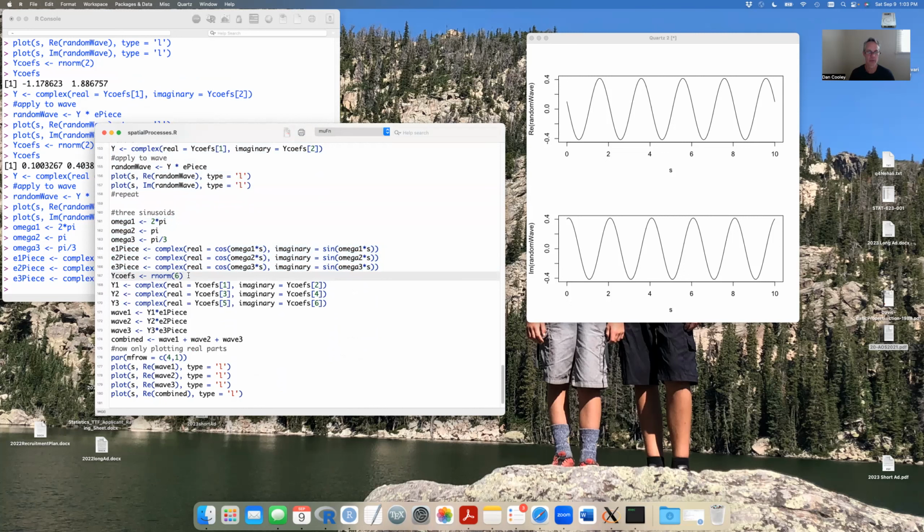What we can see is that overall, we're getting this kind of long scale behavior, which is kind of hidden by the wave with higher frequencies. But we do see that overall things kind of go up and down according to this long wave. A lot of this is being driven by that smaller wave, and that's because it has the greatest magnitude in this realization. If I run this again,